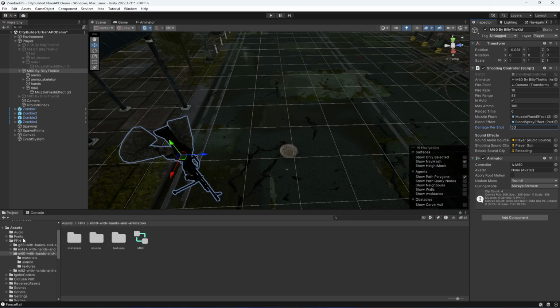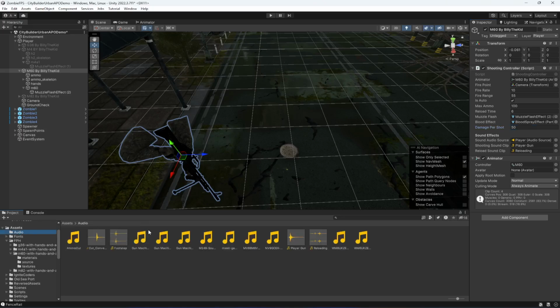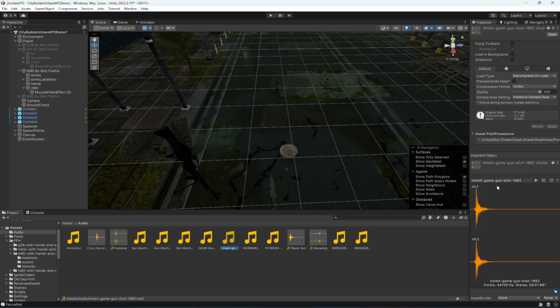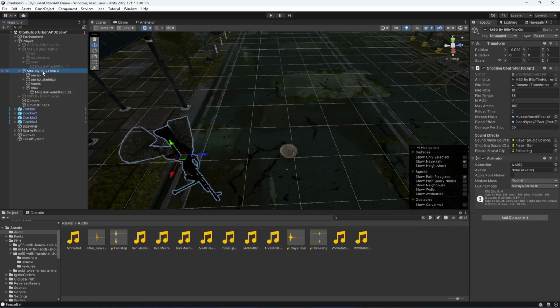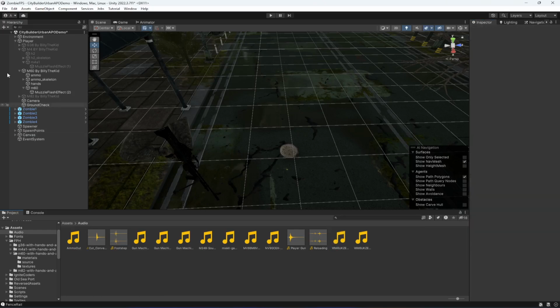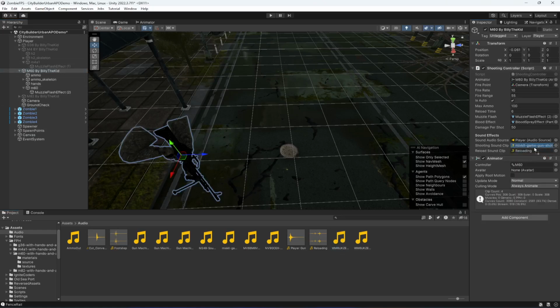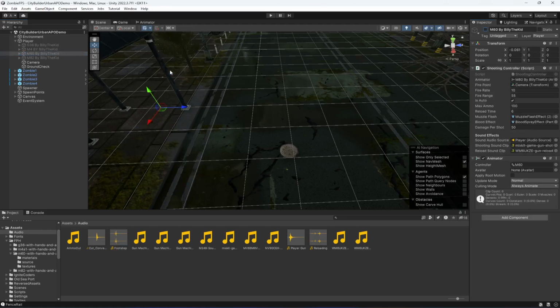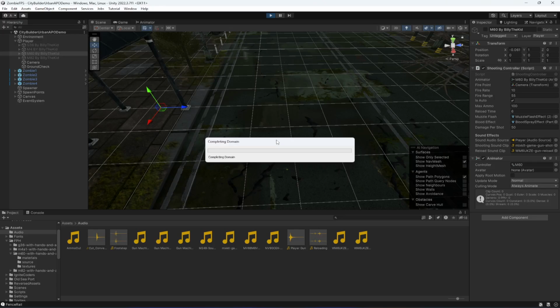So if we go inside audios, let's select the audio which is by the name of Mixkit game. Okay, this is the audio which we will be using. So drag and drop this shooting sound, and then for the reloading we will select this one. So click on M60, drag and drop this one in there. That is it. Okay, now we can simply deactivate it, play the game,